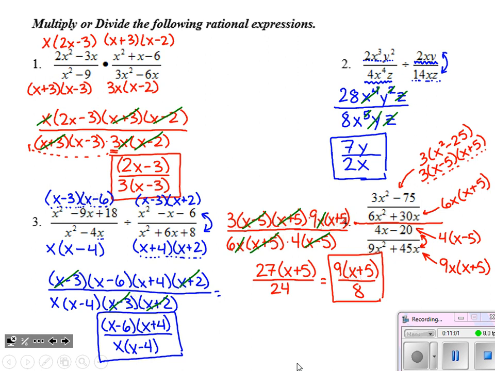Again, quite a bit of writing on this first page. There's a lot of factoring to do and a lot of canceling. And you can see based on the video, we spent about 10 minutes just doing these 4 problems. You can bank on about that amount of time to get through those problems on the test. So be sure that you're working as efficiently as possible.